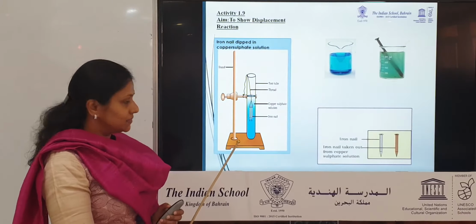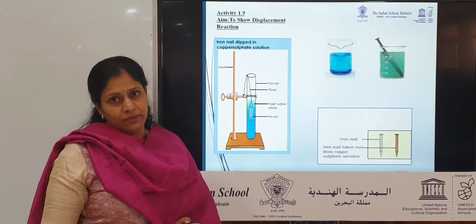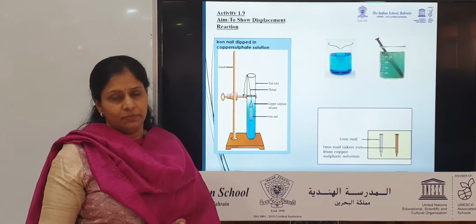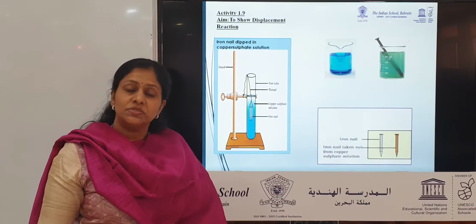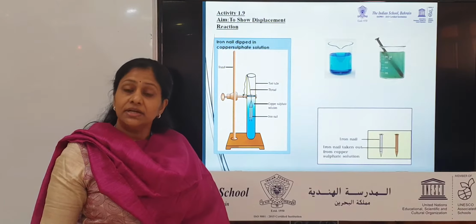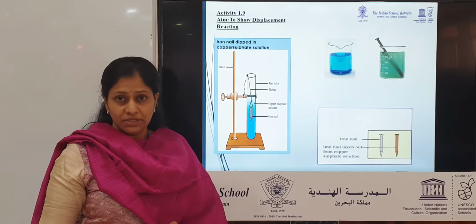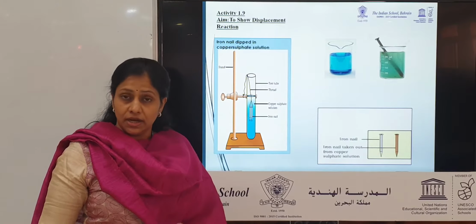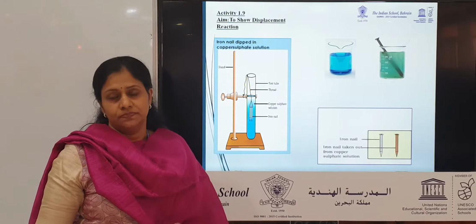This is the figure. Now for this activity, you need two test tubes marked as A and B, then a copper sulfate solution, then 3 iron nails and sandpaper. So clean the 3 iron nails with sandpaper. Take the test tubes A and B, fill them with copper sulfate solution. From the 3 iron nails, take 2 iron nails and immerse them in test tube B. Keep the test tube along with the iron nails for 20 minutes. The other iron nail and test tube A, you can keep aside separately for comparison.